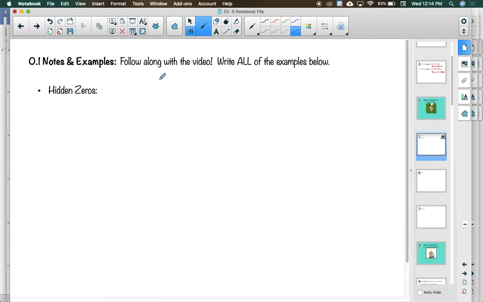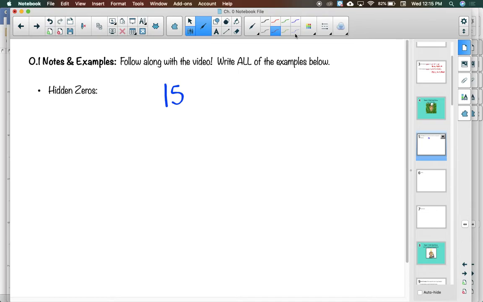Okay, so let's start with the number 15. I can add zeros to this number without changing its value. Okay, I'm going to start by adding a 0 right here. It's really goofy to see a 0 leading a number. I know that. So it's very unlikely that we're going to need to add zeros in front of a whole number, but it can be done, and it does not change the value of the number. That number is still the number 15. Okay, that would be a hidden 0. Like I said, not very common to see the 0 there, but it is common for us to need to add zeros in different places,